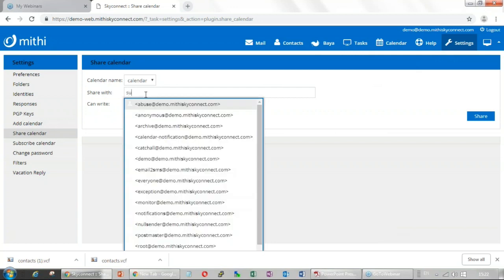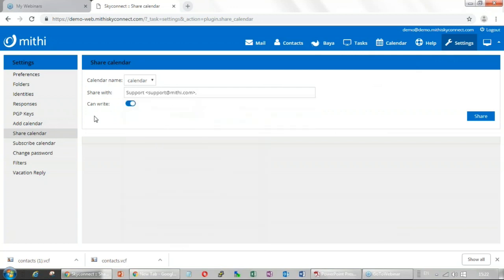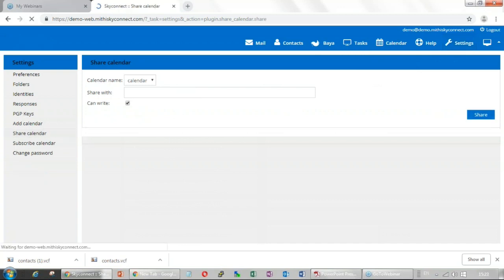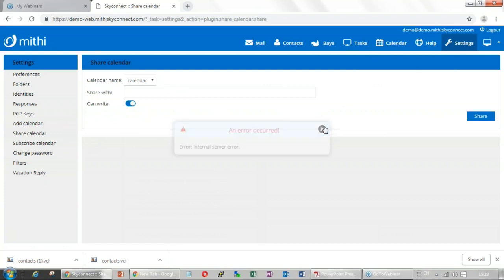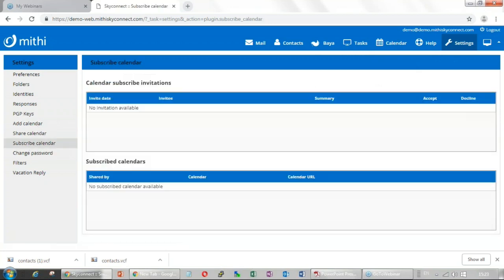A drop down list will come over here. You can select either read or read write. You can simply select it from here, right? And once you share, the person will get an invitation for that. Like if somebody else has sent an invitation or has shared a calendar with me, I will get that into this list, and I can subscribe to the calendar of another user.